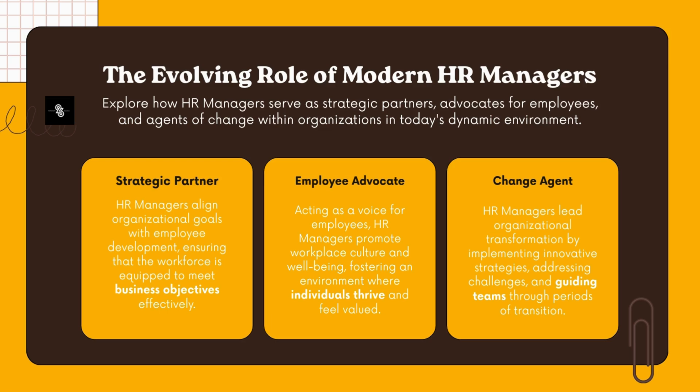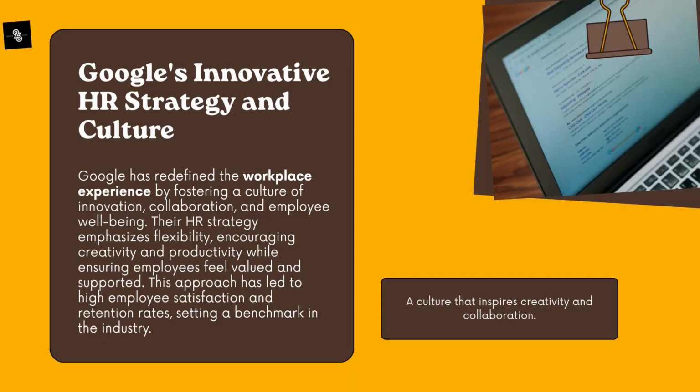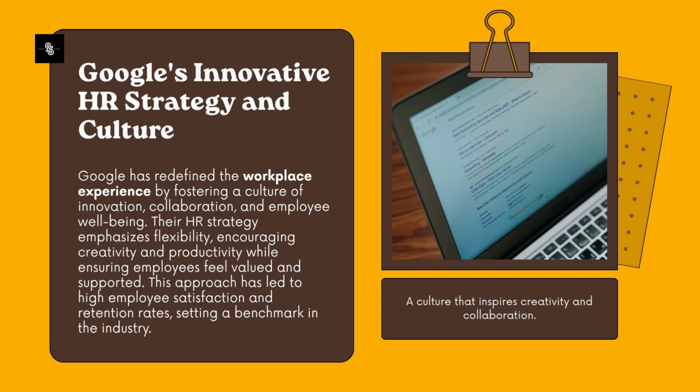So let's look at a quick example of this in real life. Let's take Google. At Google, HR does not just hire smart people; it also helps shape the company culture and innovation. Google gives employees time to work on their personal projects, supported by HR. This also makes sure that they have diverse managers, that they are trained well, and that communication is open. This is all strategic HR because it focuses on the company's future goals, not just today's tasks. It makes the company's people happy and more.